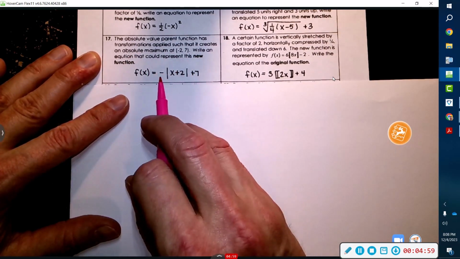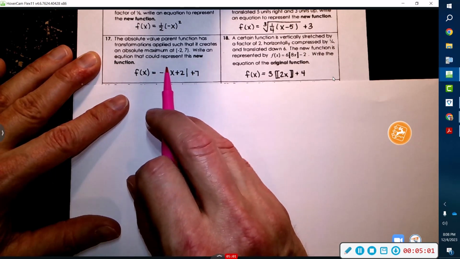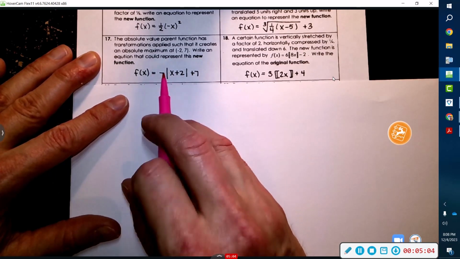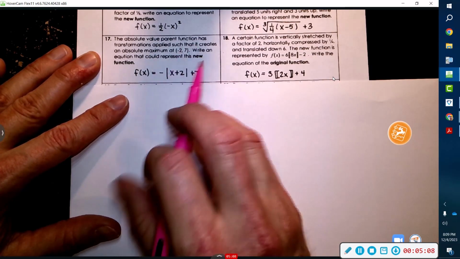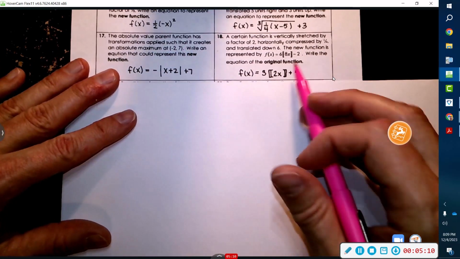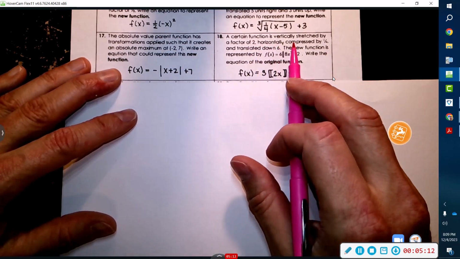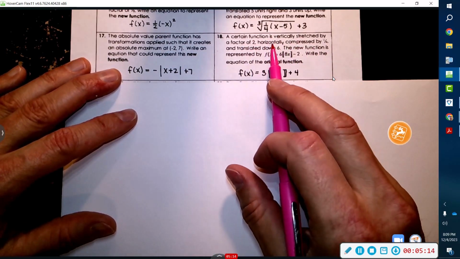You could have put negative here. You could have put any negative in front here, just as long as it's negative to produce a maximum, but you could have had -2, -3, and -4. That's totally fine. Okay. All right, a certain function is vertically stretched by a factor of 2, horizontally compressed by